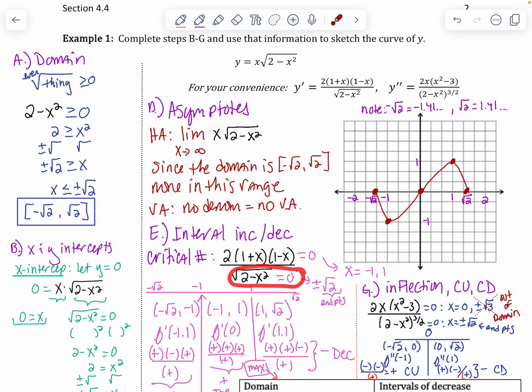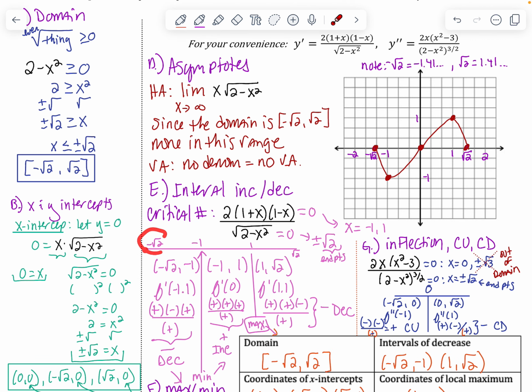And when does the derivative not exist? When the denominator is 0, which we've already solved for twice now, and we know that this is the endpoints of our graph. So instead of going from negative infinity to positive infinity, we go from our interval, which is our domain, and take our 2 critical points in numeric order on our number line to give us 3 intervals